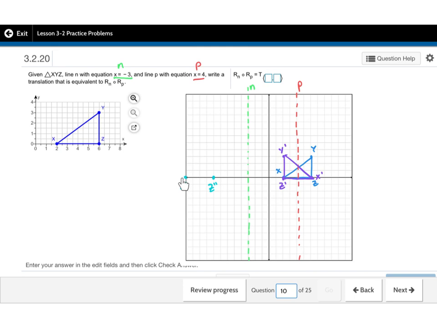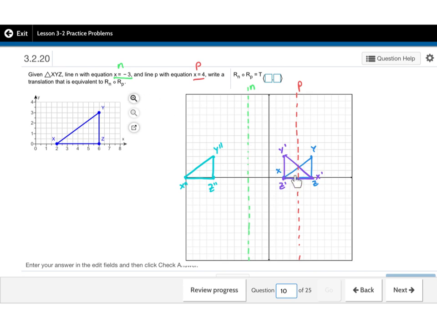So I'm going to go 9 more units past. So there's X prime prime. And then Y prime is going to move to basically a place directly above Z prime prime. So it's going to be right here. And so now this turquoise triangle is what I get when I do this reflection to the image that this